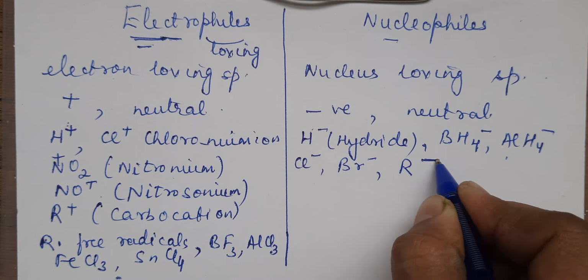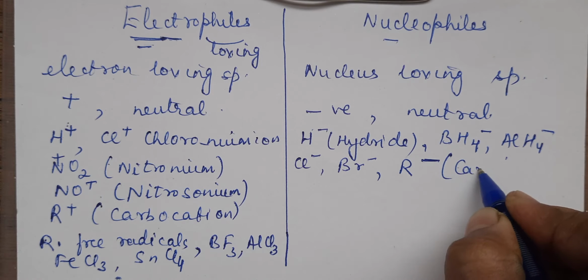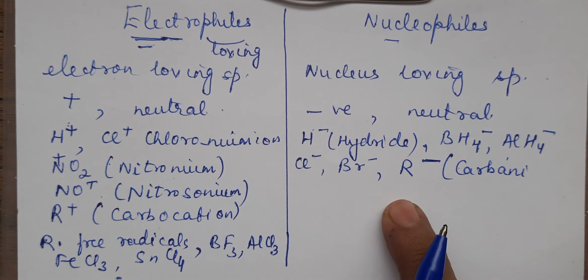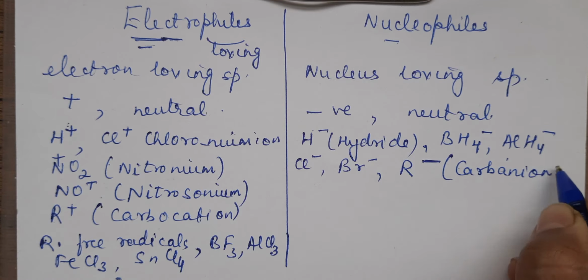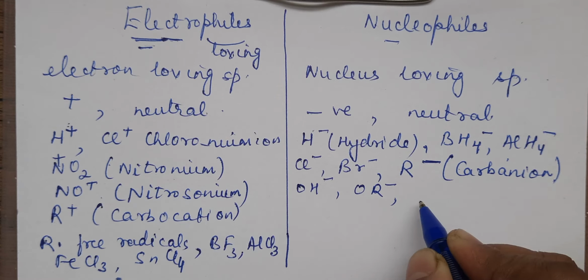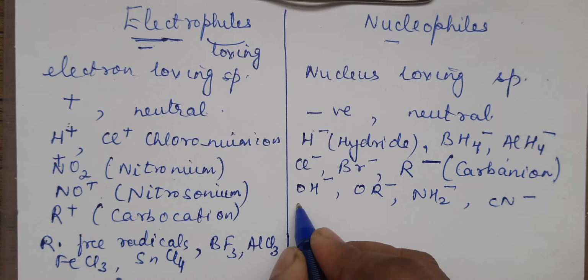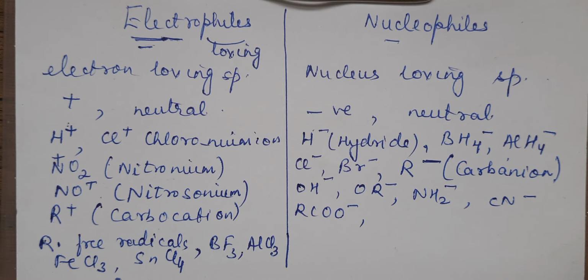Likewise, you can have an alkyl radical with a negative. Like I wrote here, carbocation. This is a carbanion. That means it's actually an alkyl radical, which is nothing but a carbon containing species. So it is having a negative, so it is a carbanion. This we will be talking about. OH minus. Some more I'm writing here, OR minus. What are they actually and where are we going to use them? Anything which is negatively charged. Some common ones I'm writing for you. These negatively charged species will definitely have a tendency to attract the nucleus, this positive thing, towards itself.